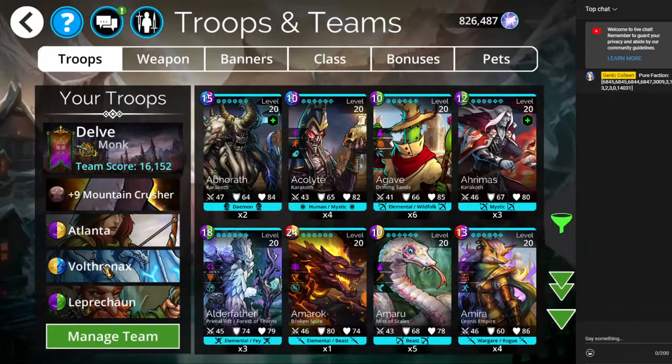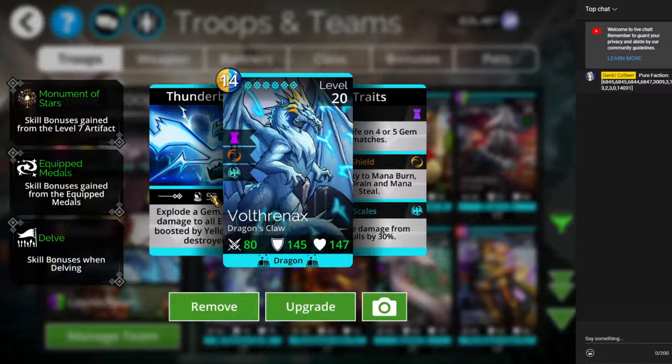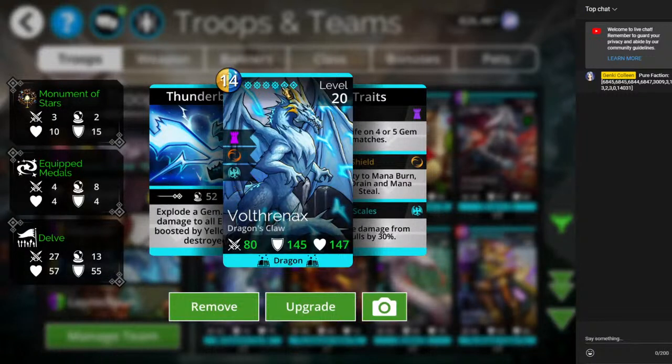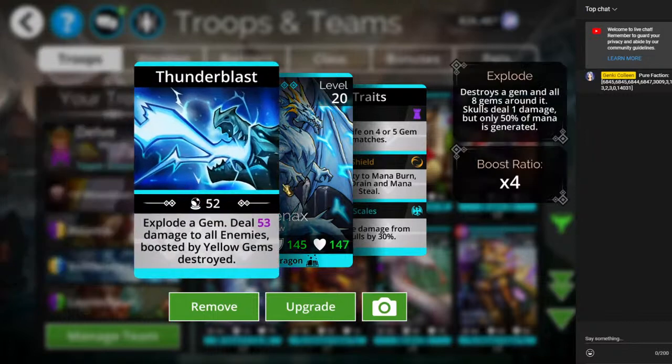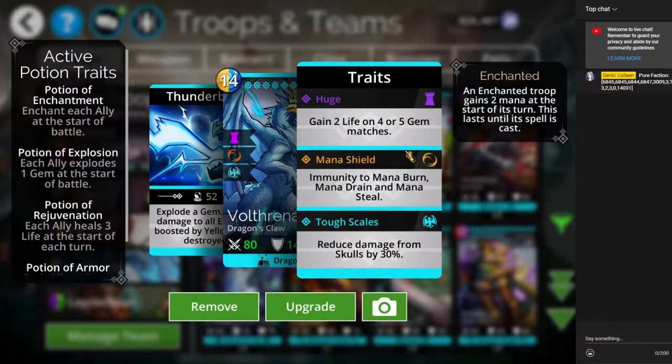pretty nice. Volthrenax is one of the lower rarity. He is an epic. You can see from the little star right here. He is one of the lower rarity troops that rivals a mythic. He does an incredible amount of damage to all enemies boosted by yellow gems destroyed with a ×4 boost ratio. So if you have lots of yellow on the board, he's going to do a ton of damage. And then he's got gain 2 life on 4+ gem matches and reduced damage from skulls by 30% with a